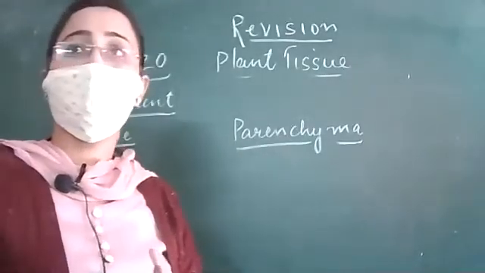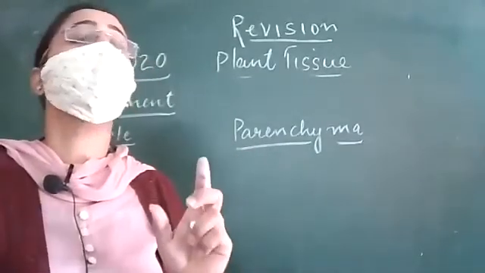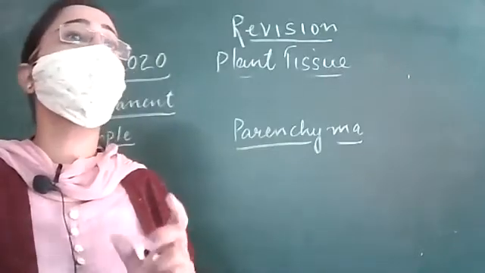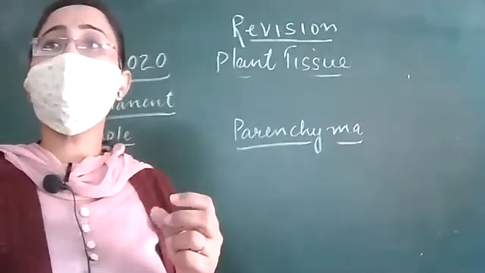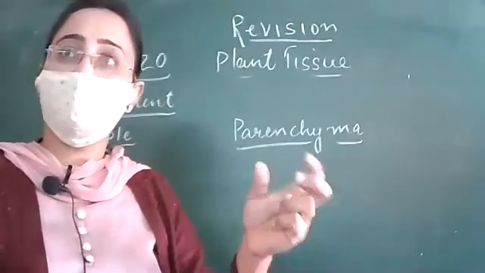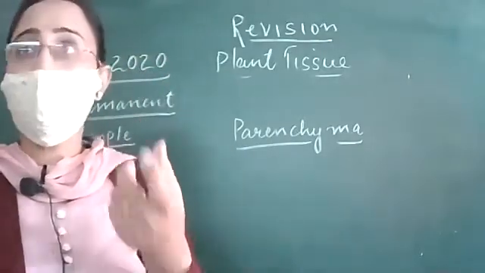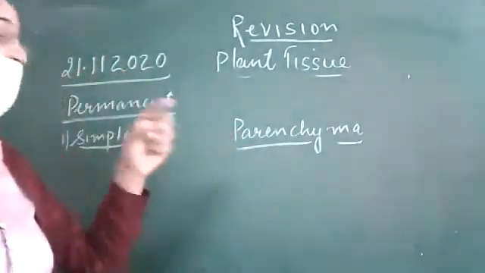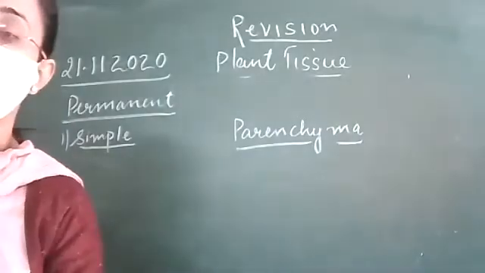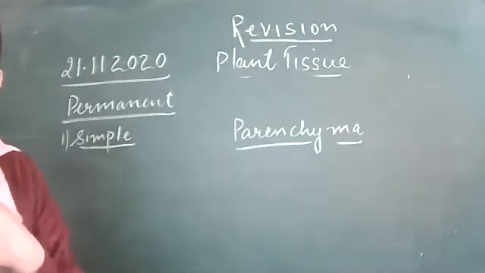meristematic tissue, as they divide and redivide, one day they have to take a particular shape, a particular size. ठीक? So the process of differentiation: when meristematic tissues divide, at one point they take a particular shape, they have a particular size, and they have a particular function. Like parenchyma has the function of storage. ठीक? Like collenchyma has the function of mechanical strength. Like sclerenchyma, again, it is a strength providing tissue.